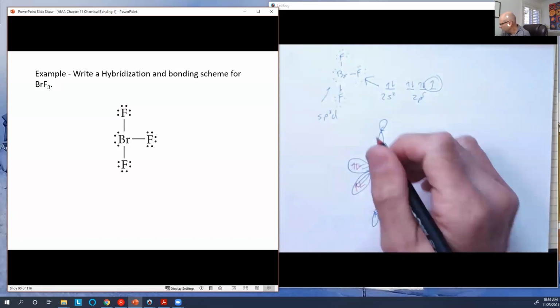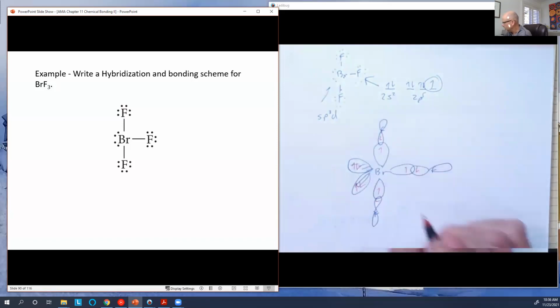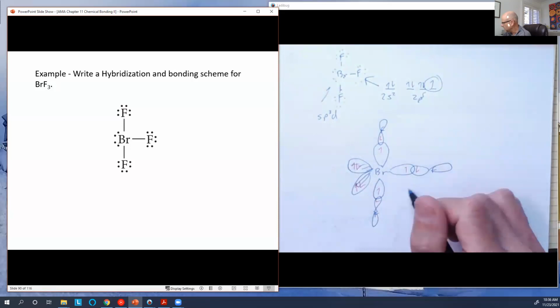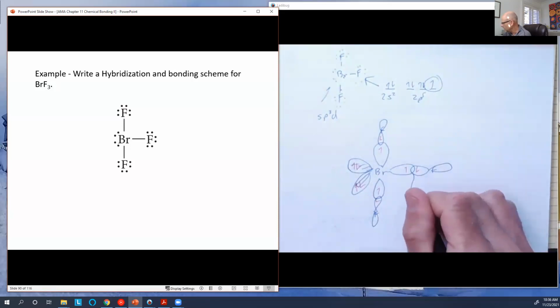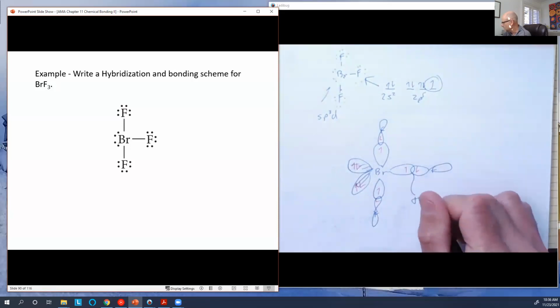Right, so we have a bond there, and a bond there. So the last thing we have to do is just label the orbitals, label the bonds. And there's just 3 bonds here and they're all identical. So we just have to label 1. That's going to be sigma